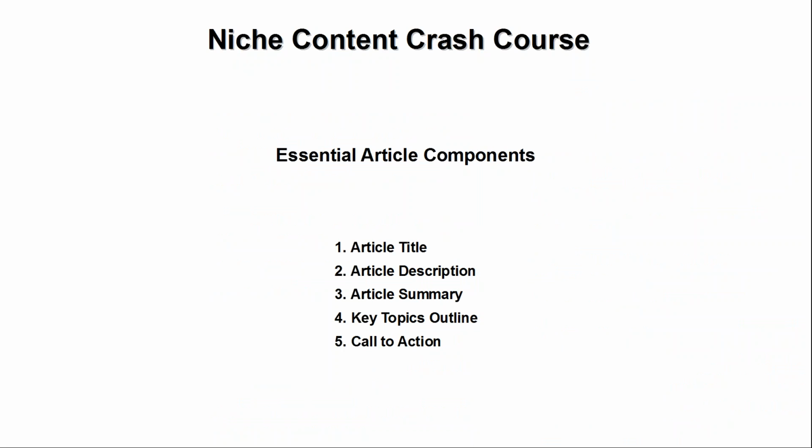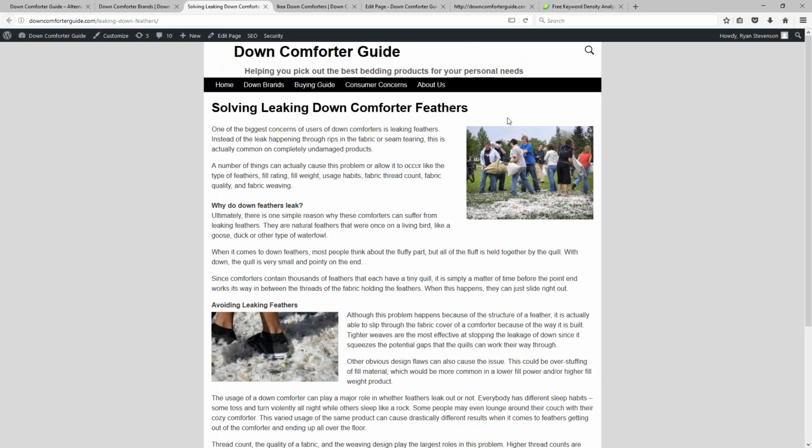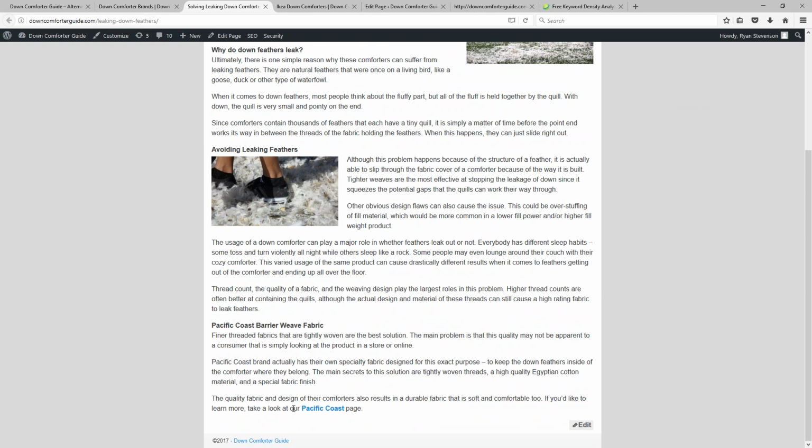You may have also noticed past my outline, the other piece was my call to action. The call to action, that was my link down at the bottom. So everything in the article is leading people to this point.